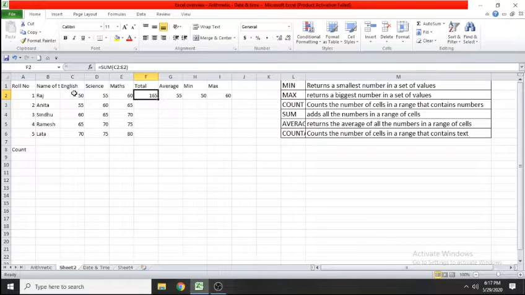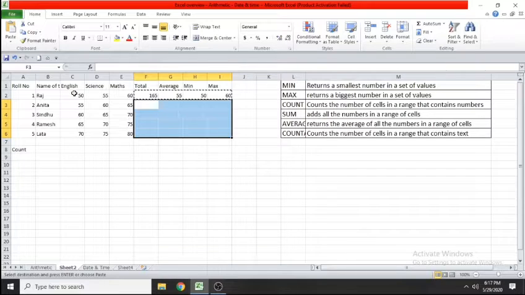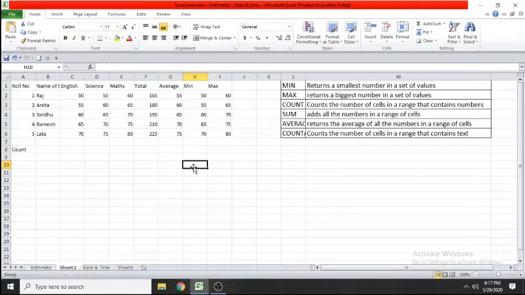Excel is very smart. You can copy paste the formula further. For example, I want this total, average, min, max for all the students. What I'll do, I will simply select it. You all know how to select the cell range. In the previous video, we have seen it already. So I am pressing Ctrl C, and here I will simply select the remaining cells and I will press Ctrl V for pasting it, or else I can make use of icons also. So you can see respective total, average, minimum, max of respective students are being displayed over here.